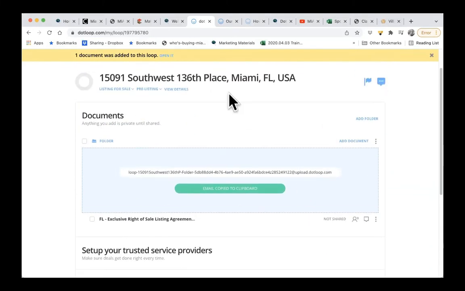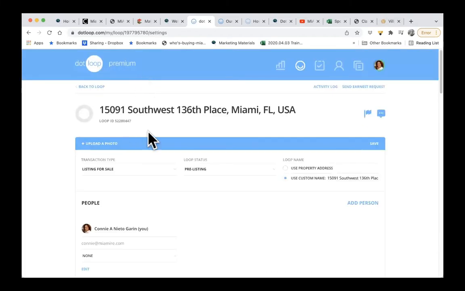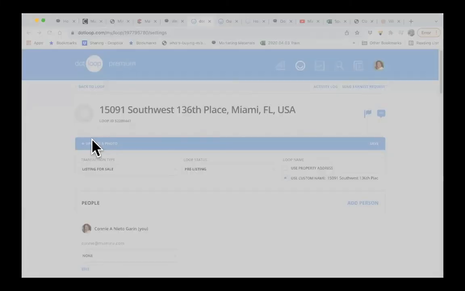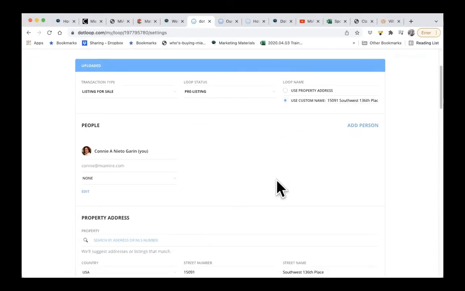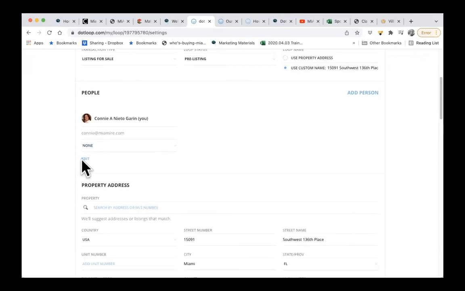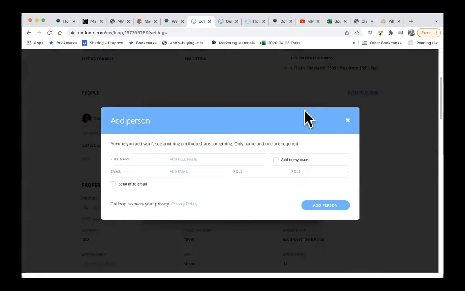You can also come in and click into the system, right? And upload a photo for it. So let's say this is the photo for the listing. You can add people to your transaction. Let's say I'm the listing agent and I want to add